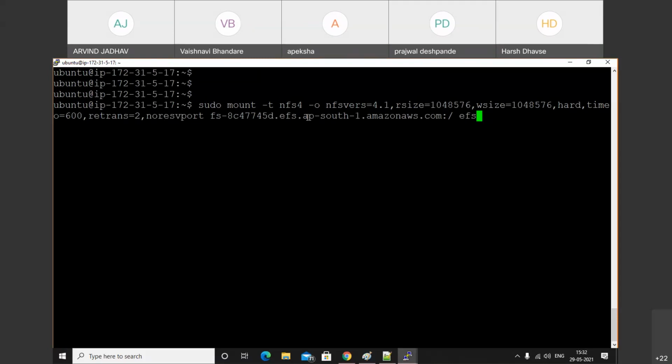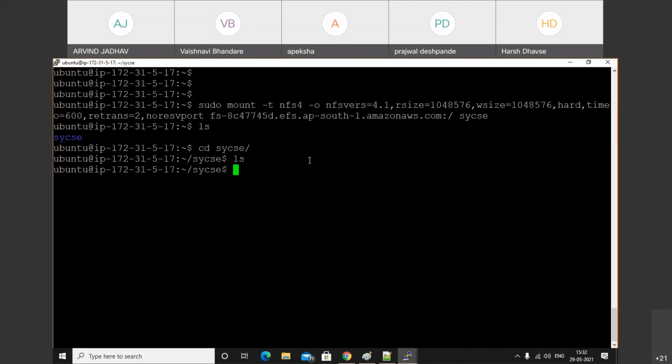और दिस वन इज योर डीएनएस नेम AP South1 Amazon AWS.com। so इसमें ओनली चेंजेस क्या करना है, जस्ट EFS की जगह आपको नाम चेंज करना है sycac। अगर आपको EFS रखना है तो आप sycac फोल्डर मत क्रिएट करो, इंस्टेड ऑफ दैट आप sycac की जगह EFS क्रिएट करो। so click on that, it took some time to mount the data, so now successfully mounted। so ls करके चेक करो और उस फोल्डर के अंदर जाओ, cd sycac ls करके देखो, we don't have any file here। I will create 5 files, touch